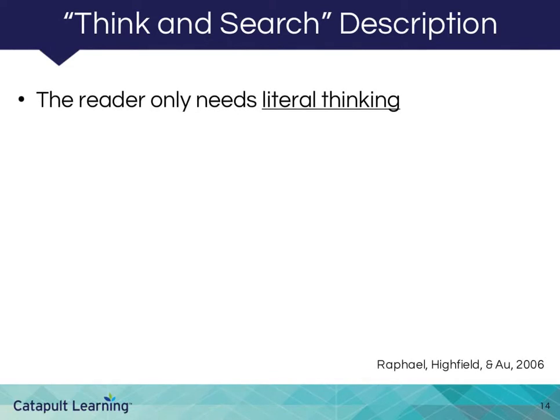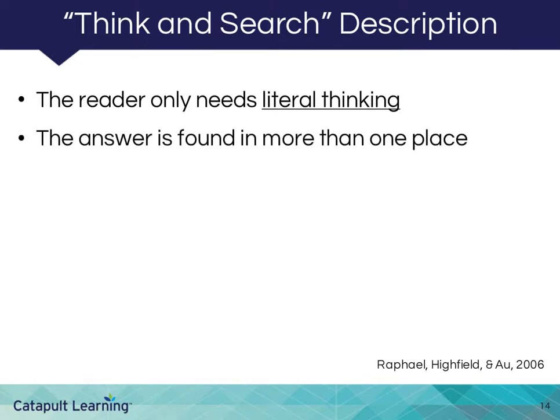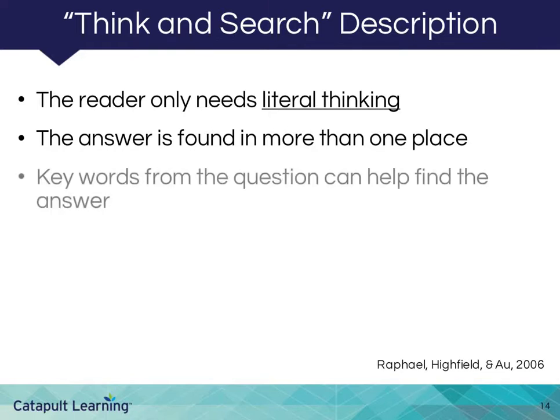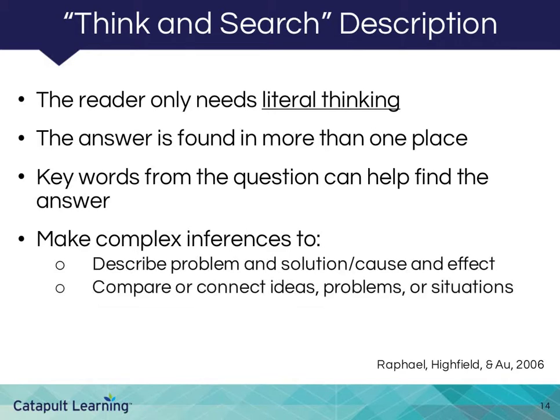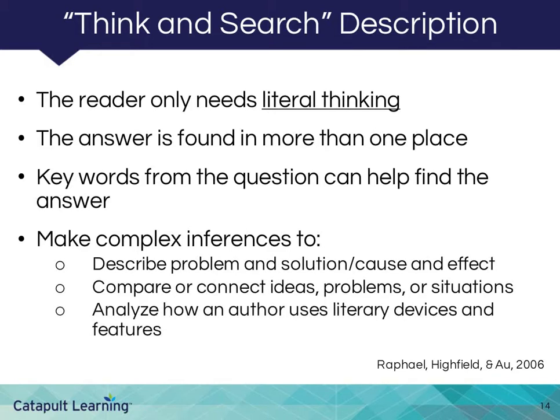Like Right There questions, readers only need literal thinking to answer Think and Search QAR questions. This level of question asks readers to put information together from a single text or from a set of texts, looking across sentences, paragraphs, pages, or text for all the information needed to answer questions fully. Certain words, including pointer signal words, plurals, and conjunctions, indicate that the answer is in more than one place. These questions require students to integrate information, including using multiple text sources to explain the relationships between problems and solutions,